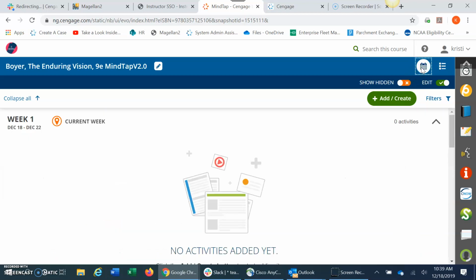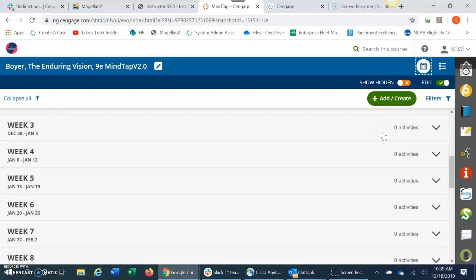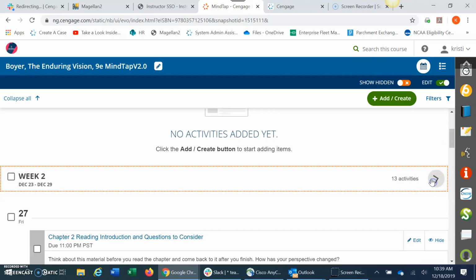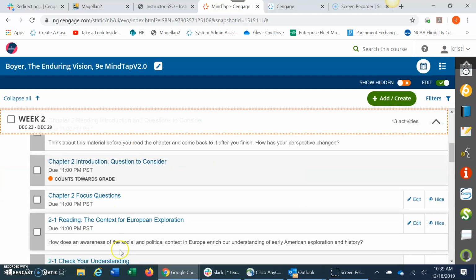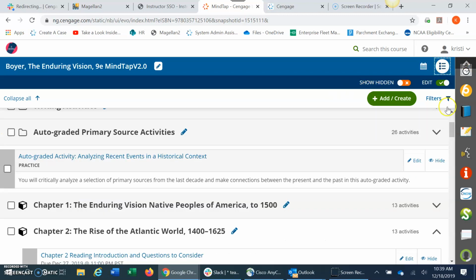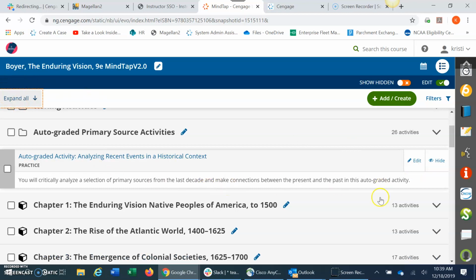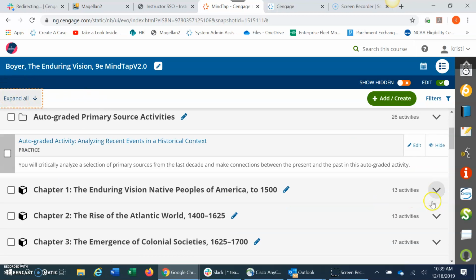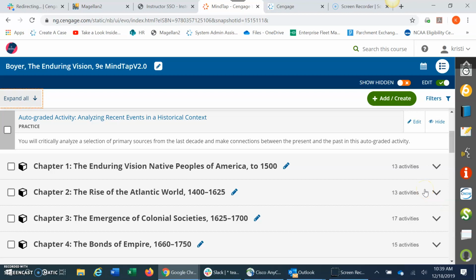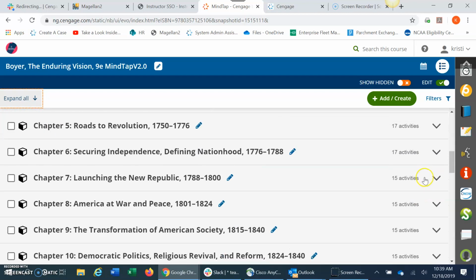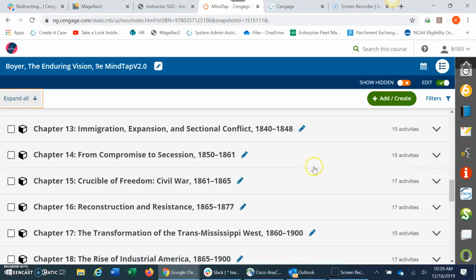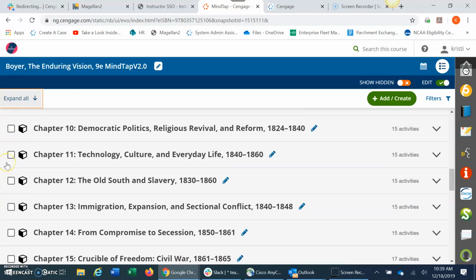Now if students go into that calendar view, they would see in this week here, I have everything that is due. So we compartmentalize it for them so they don't have to feel overwhelmed in working through each of these chapters. And then everything can be hidden. Anything it comes off your page, comes off the student's page. Some instructors, if they're customizing, might hide everything from a certain chapter beyond until they're finished customizing it, then